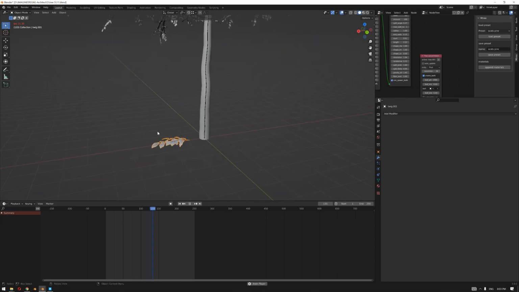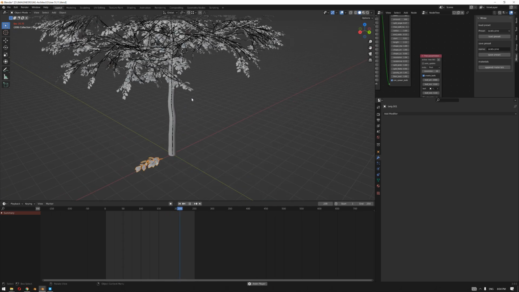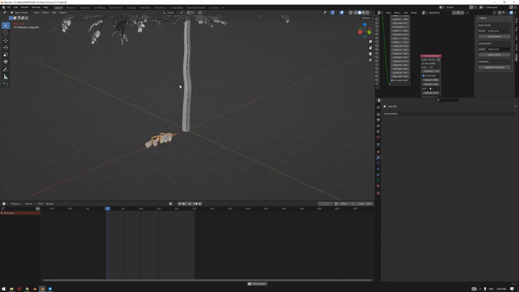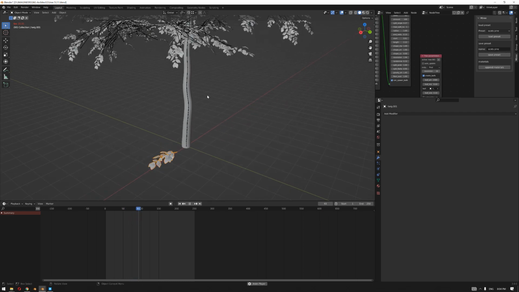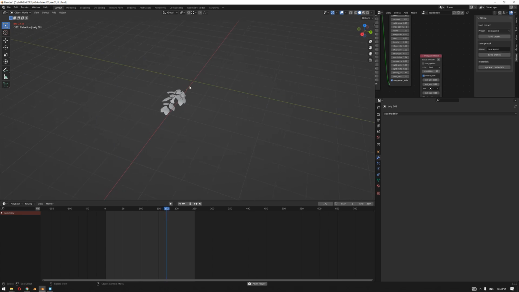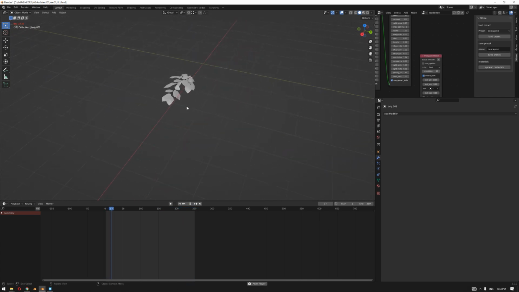To add this vertex color, we're going to paint it over our leaves. But to give you a heads up, if you have leaves that actually contain the vertex color and then you update your tree, that vertex color will be translated to all of these leaves. Even though we haven't done that, and this is the same situation now, we will create this vertex color onto these leaves and then translate it to the other leaves. How are we going to do that?